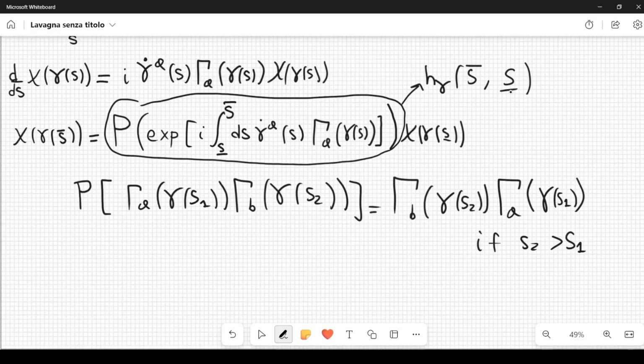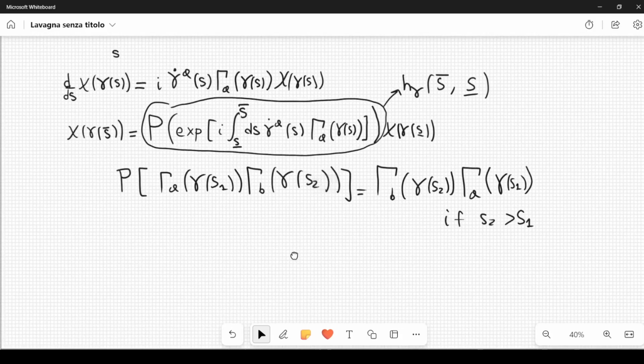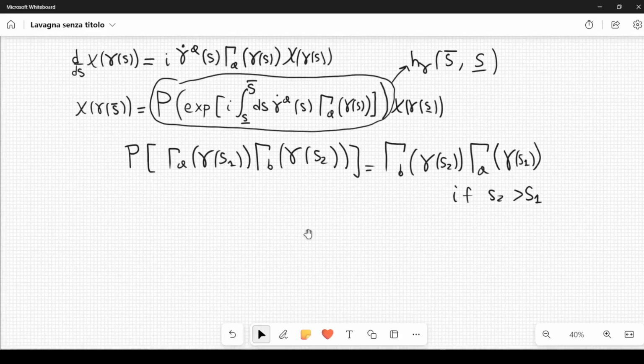The holonomy is the basic variable used in loop quantum gravity formulation. Now let me show you how you can prove this result starting from the differential equation here. I will just give you the hints and the most important comments of how to derive it without getting bogged down in the details. Now, if you consider this differential equation and you integrate it first between a certain interval,